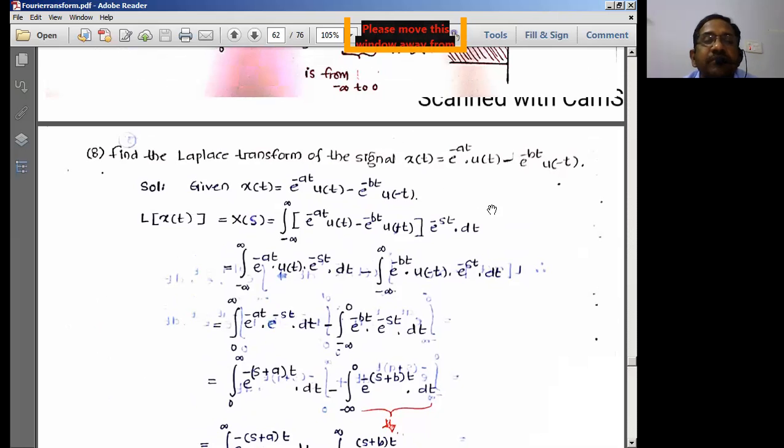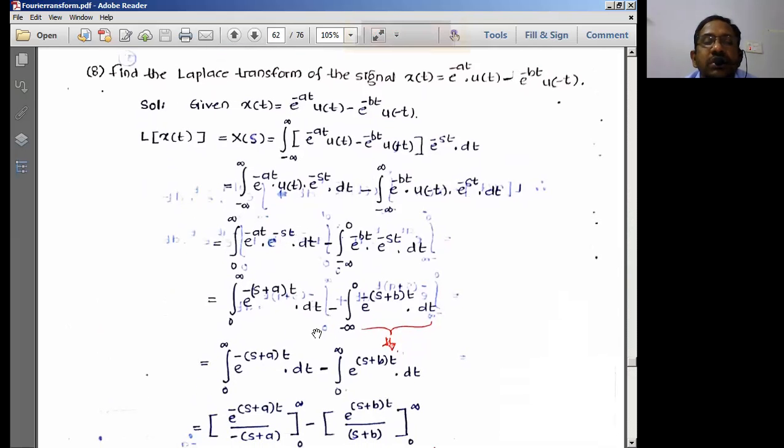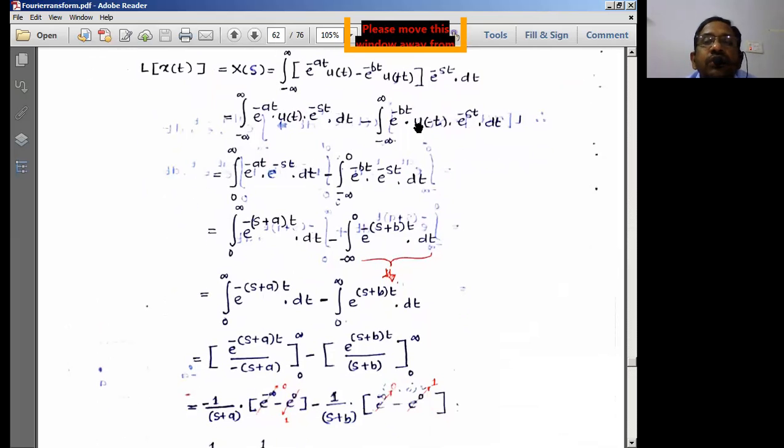Okay, let us look into this problem now. X of t is given as like this equation. So I can write Laplace transform x of t is equal to x of s. General formula I have x of t into e power minus st dt. Let us substitute this particular thing over here. So while substituting this equation, what I can have, integral of minus infinity to plus infinity e power minus a t u of t into e power minus st dt minus of same integration of e power minus b t u of minus t e power minus st dt. So u of minus t is equal to 1 over the limits minus infinity to 0. And here this is going to be u of plus t. So therefore limits are going to be 0 to infinity.